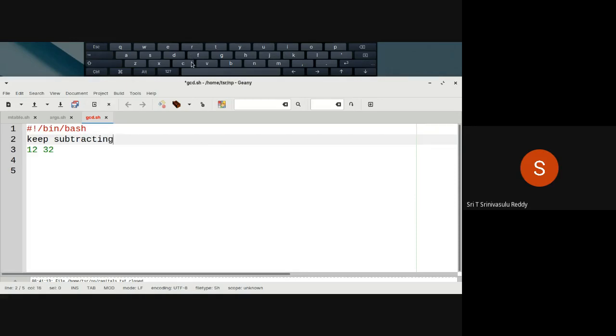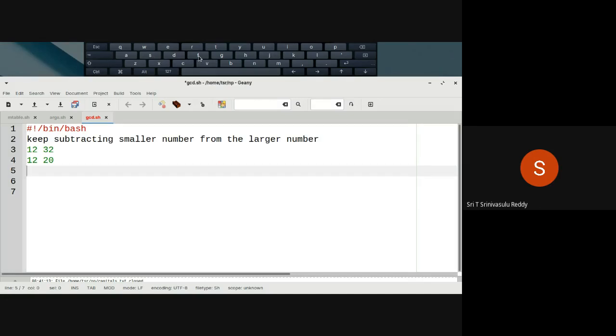Keep subtracting the smaller of the two numbers, naturally, from the larger number. Naturally, from the larger number you can subtract the smaller number, very easy, no issue. So this is how the logic will be. Repetition. Keep repeating that. So when it is GCD of 12 and 32, next time the numbers will be 12 and 32 minus 12. 32 minus 12 is 20. The next time you have to keep repeating that till such time both the numbers are same,